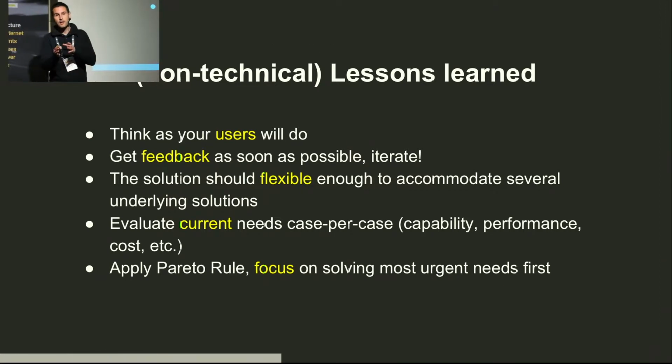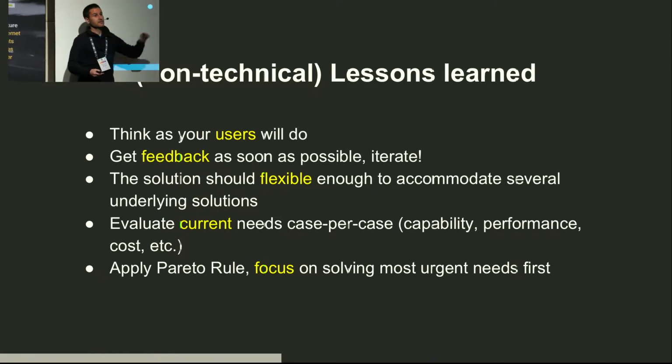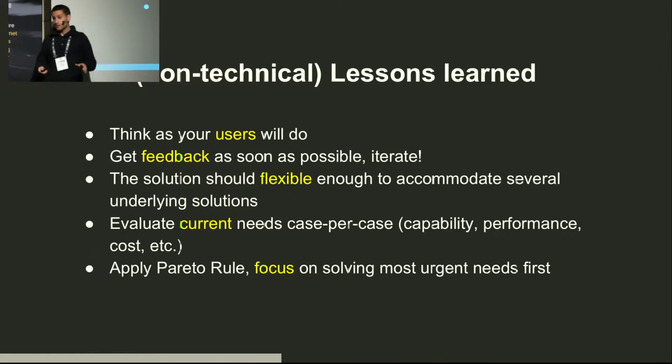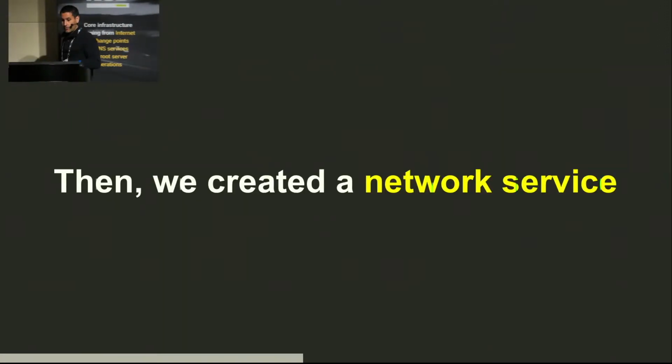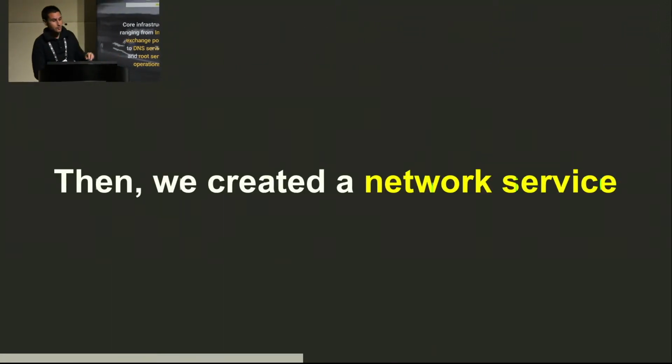It's the traditional project management approach, from a cascade to a waterfall, versus a continuous improvement cycle. And this iteration should focus on the things that they need in the short term. So with all these lessons learned, we moved to a second phase of the project. Instead of creating a network service, we created a network service,